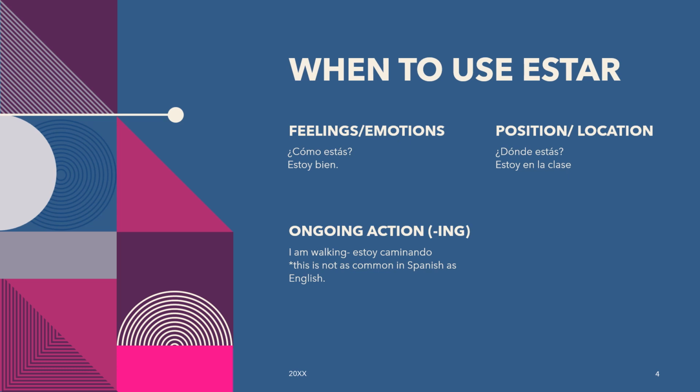For the verb estar, as an overarching rule, and not forever, as it's not only used in this way, we're going to say that estar is used for things that can change quickly. So feelings or emotions: I can be happy one minute and sad the very next minute. So, ¿cómo estás? Estoy bien. Estoy triste. Estoy contenta. All of those are emotions or feelings, and they go with estar.